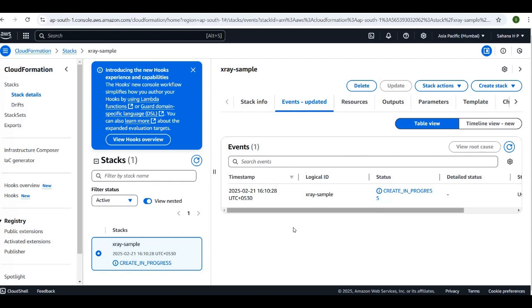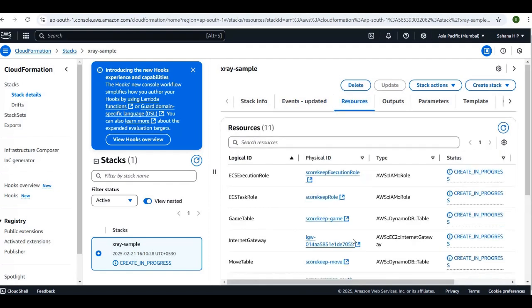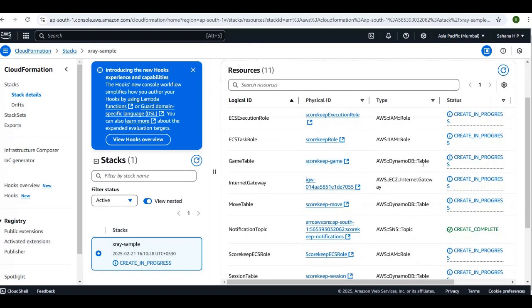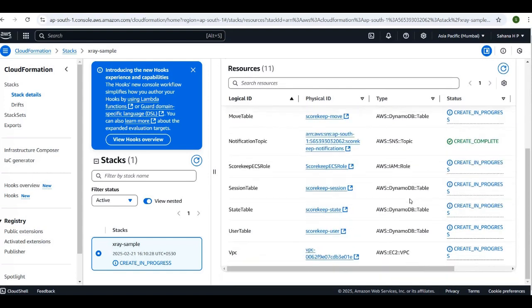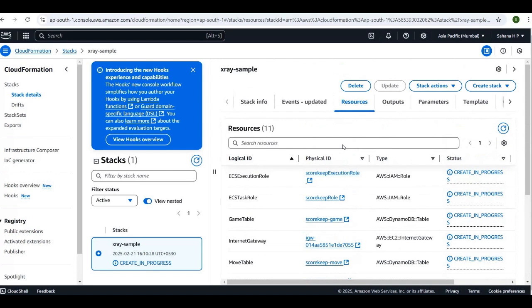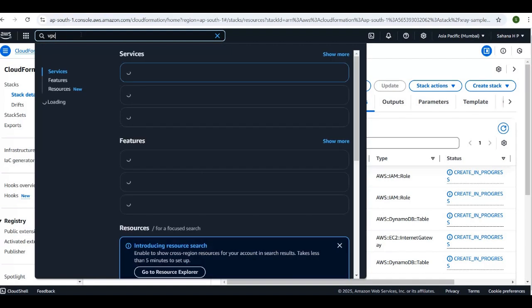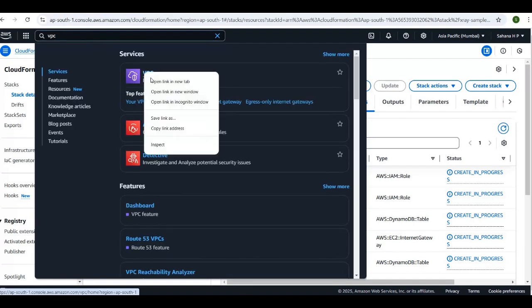Here we can see the event updates. Go to resources. We can see it created the IAM role, DynamoDB, SNS, VPC. It's created all the resources along with the stack. So let's go and check whether it's associated with the other resources or not. Firstly, I will open all the resources, that is VPC,